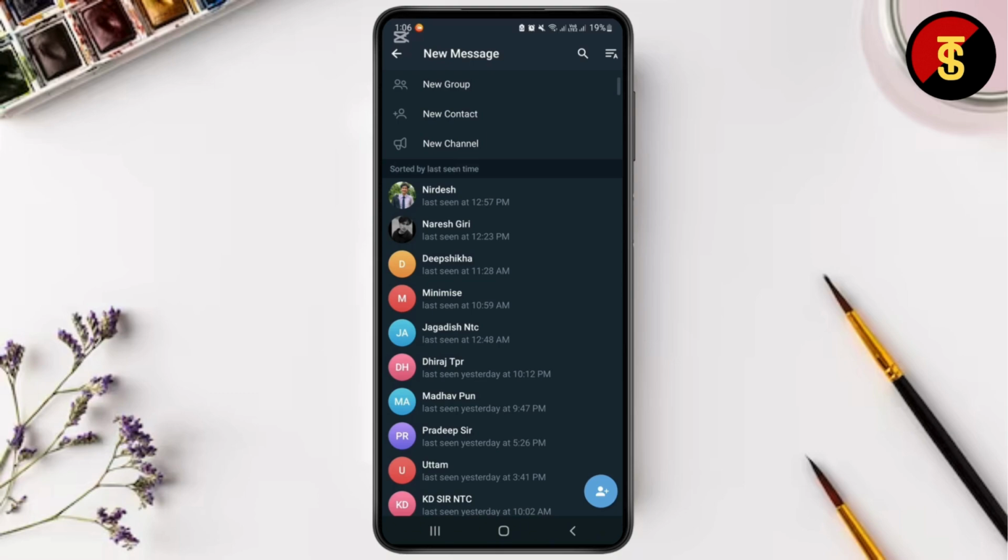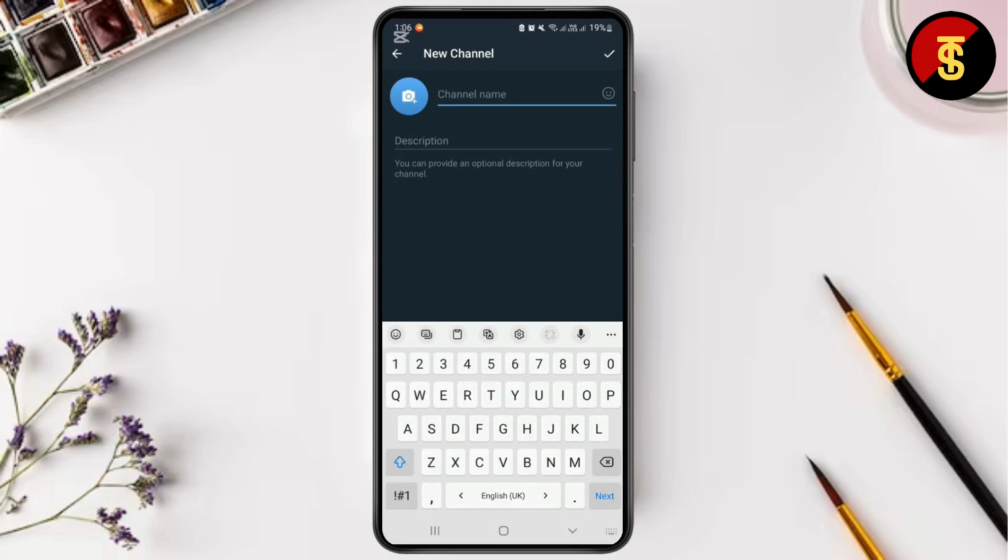So simply tap on it, and now from here you'll have to give a name to your channel. So I will give a name like File Storage. Okay, so in the description I will say, my personal cloud storage. Okay, so after you are done with this, you will have to click on the Done option just at the top right